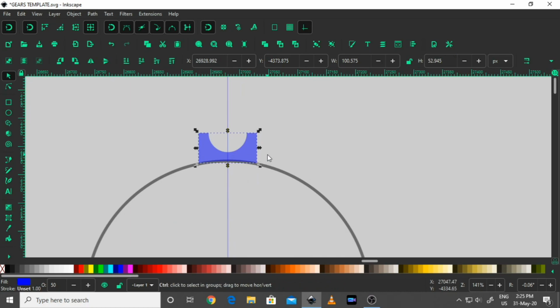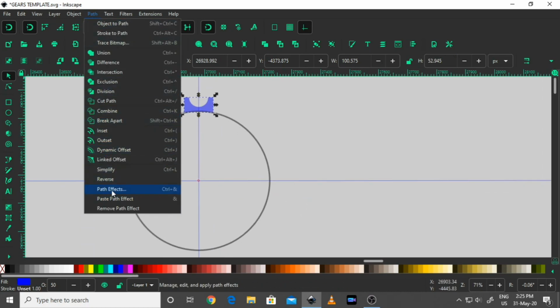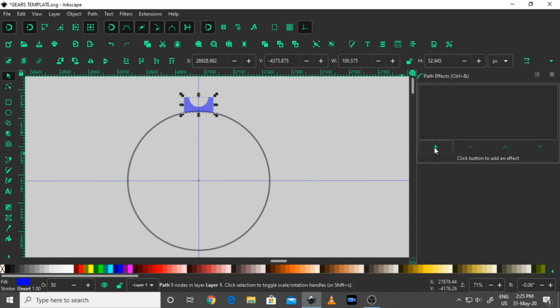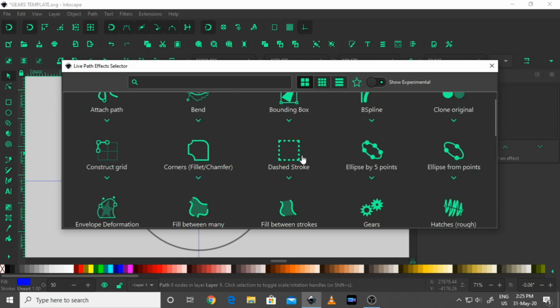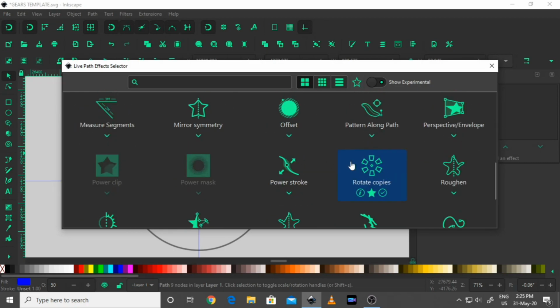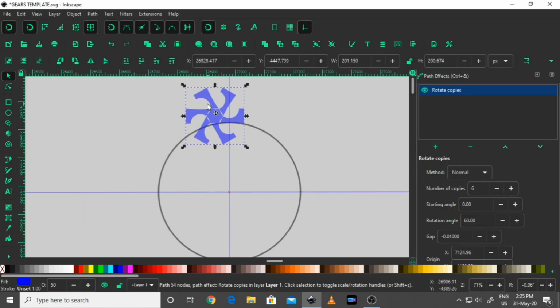Now what we're going to do is come up to the Path menu, Path Effects. Whilst this is selected, the little plus sign will appear. Press on that, it brings up the Live Path Effects menu. Scroll down to Rotate Copies, or you can search for it in the top menu button here just by simply typing the word rotate. Select it, and you can see it's created a copy of this, overlapping each other, granted,